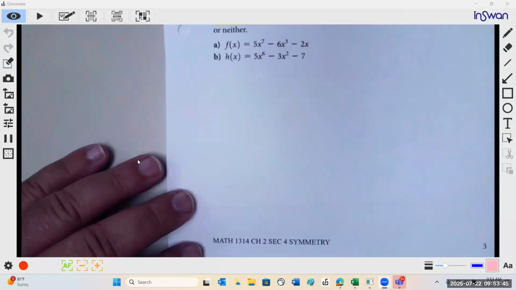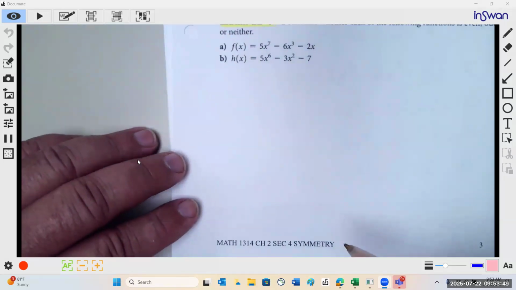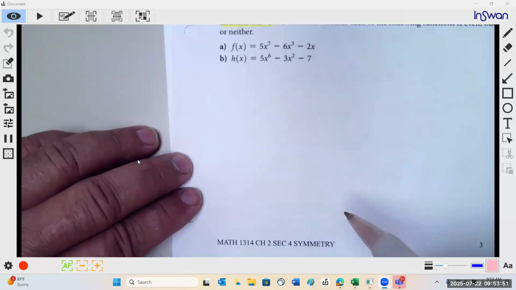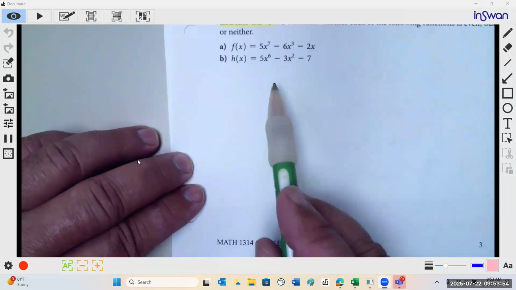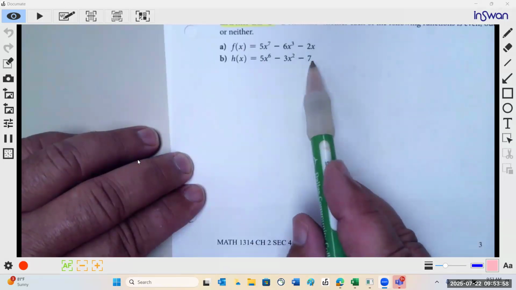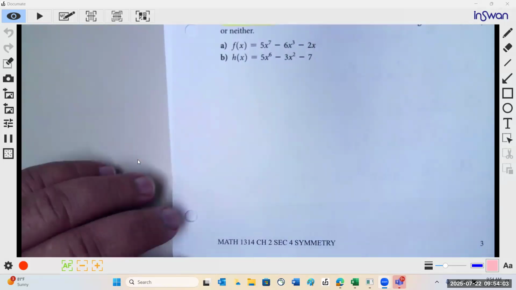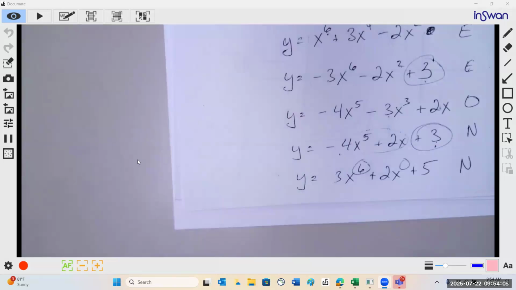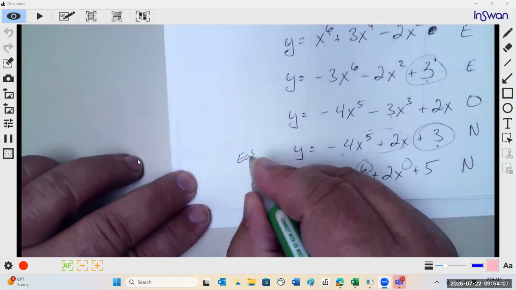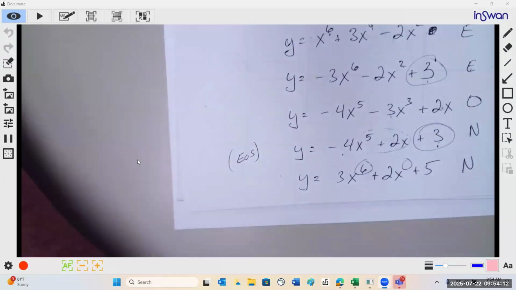Looking at our example here, is A odd, even, or neither? It's definitely odd because all the exponents are odd. How about the next one? Even, because you have even exponents and or a constant. So that's odd and that's even. That's all there is to it. We only have one more topic in this section, in this chapter. And that one